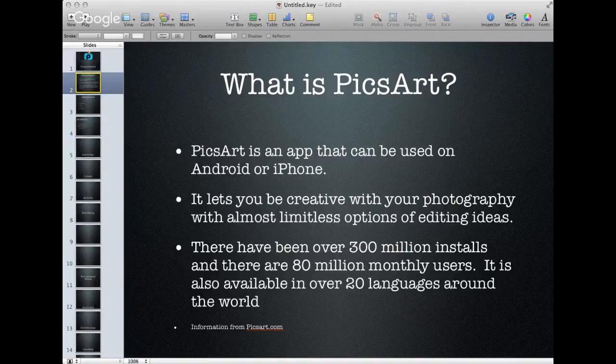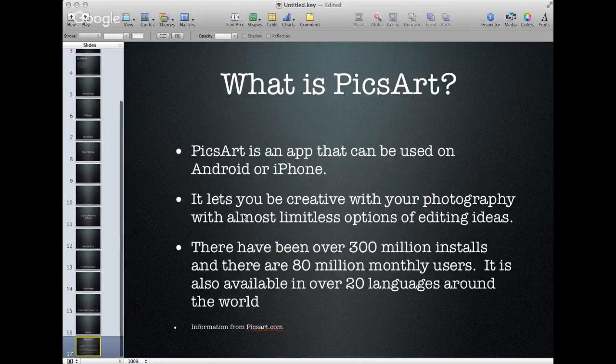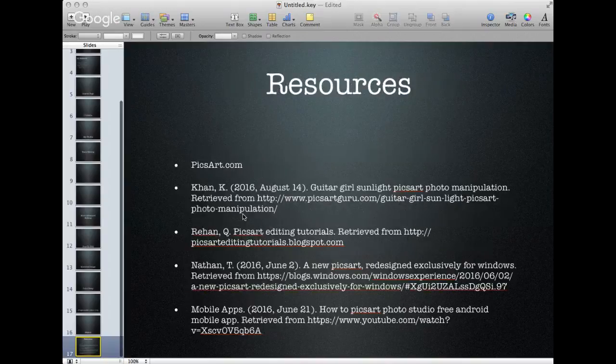All right, so the resources that I obviously used PicsArt.com. They have tons of resources and tutorials to teach you how to do things. The rest of the things that I used were from blogs that people had showing different photo ideas, different editing ideas, things that had worked for them, things that they were challenging people to try. So all of these other